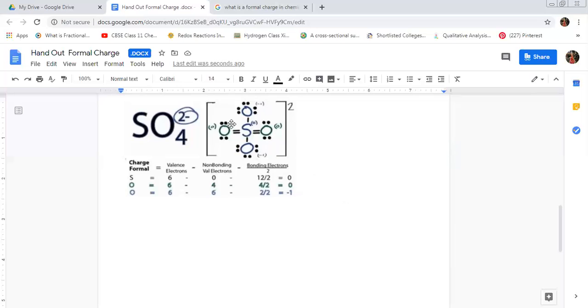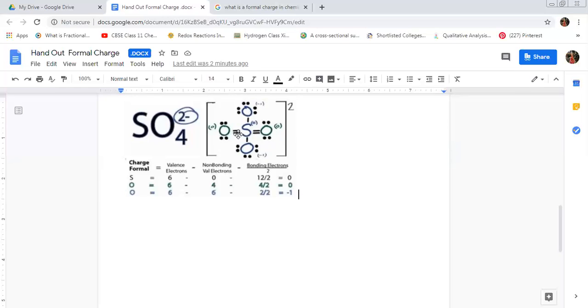Okay. Now next is oxygen. Since 2 oxygen atoms are bonded through a single bond, both of them will have the same formal charge. The 2 oxygen atoms bonded through a double bond, since the bonds are the same, will also have the same formal charge. But if we compare an oxygen bonded through a double bond and an oxygen bonded through a single bond, the formal charge will vary.